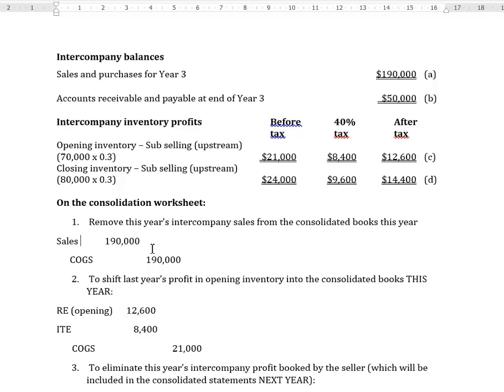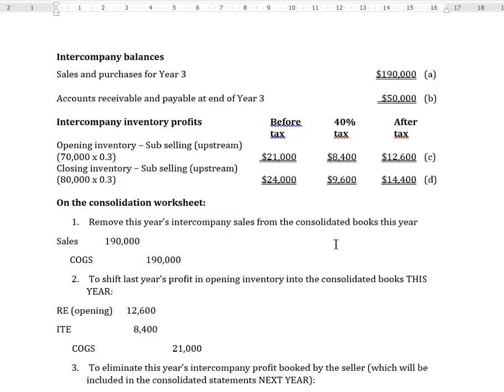Notice we're not touching the year 2 sales of $160,000, because don't forget, by the time we get to the end of year 3, any of those $160,000 in sales that happened in year 2 were adjusted on the consolidation worksheet in year 2. So we don't have to worry about them in year 3. All of those goods by the end of year 3 would have been sold outside anyway. So there's no issue with sales. Because sales is an income statement account, we're only looking for sales for the current year. So we're going to debit the sales and credit the cost of goods sold for $190,000, which is the amount